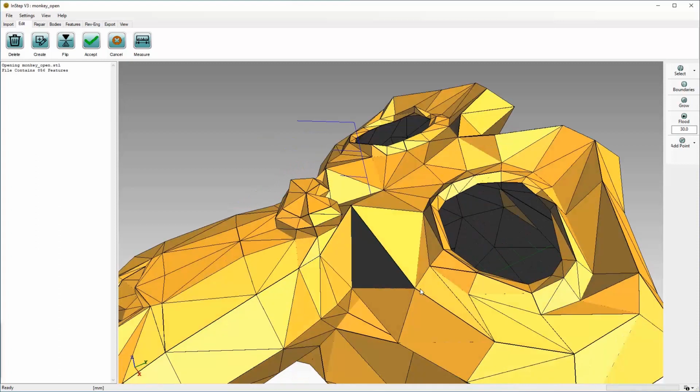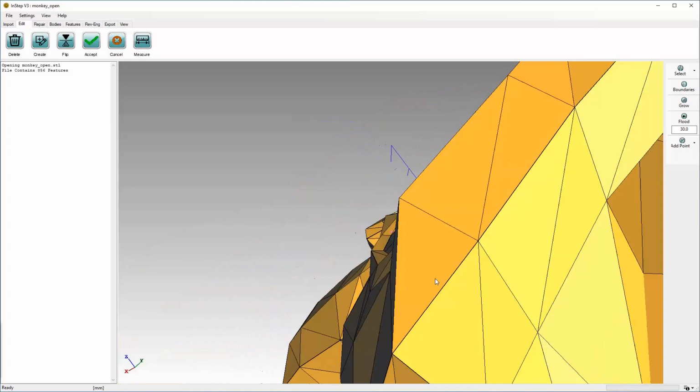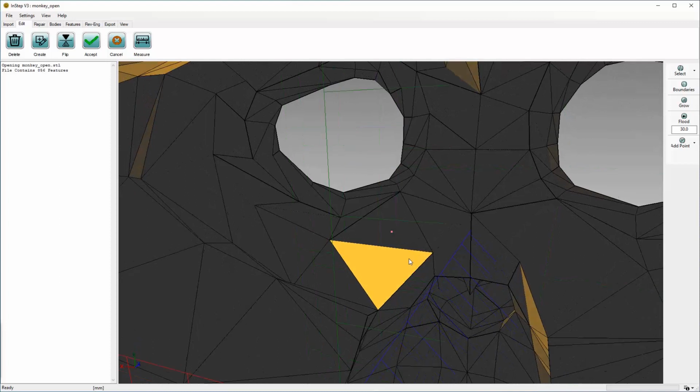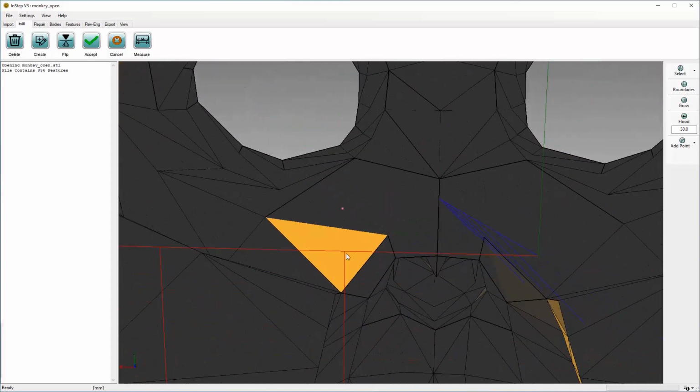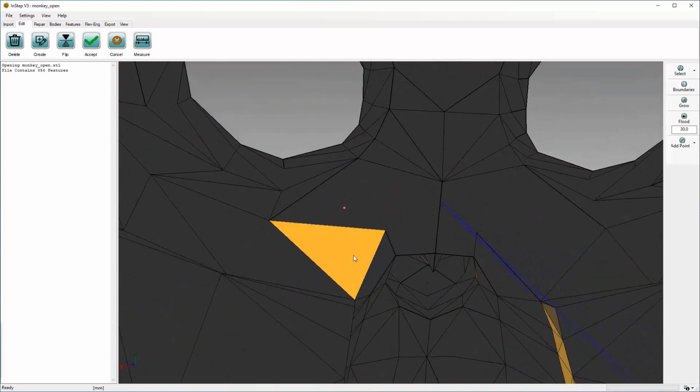So if we were to set a rotation point here with the middle mouse button, we can also turn that on with Alt and R, and then rotate it so we can see from the inside. We can now see that this triangle essentially points inwards rather than outwards. If that was not our intention, we can just hit cancel and we can undo that change.